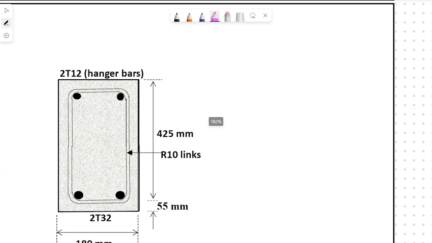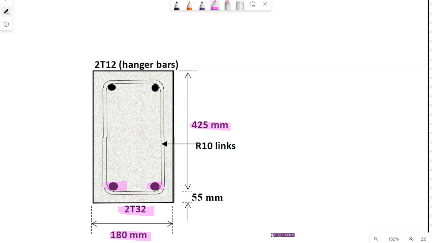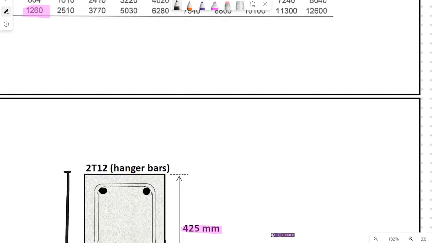So here, this is my design, which is we have two numbers of bar, 2T32, so I draw 2. Kalau you tulis 2T32, you draw sampai 4 bar. Salah terus, so tak ada marker sketch sebab you tak faham konsep. Okay, and the breadth is 180. The effective depth is 425. If you use 430, then put 430. And we know that tadi kita dapat dah kira the total height, which is